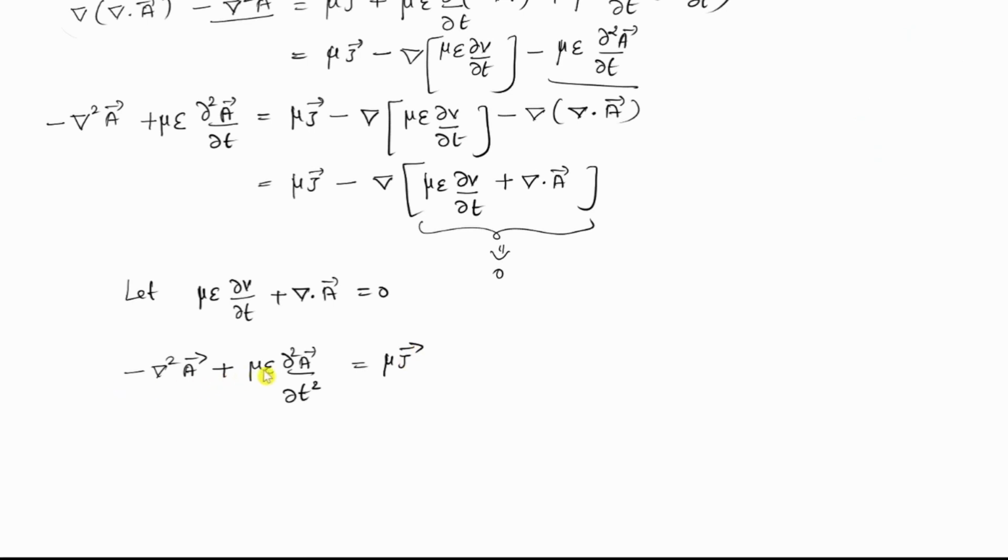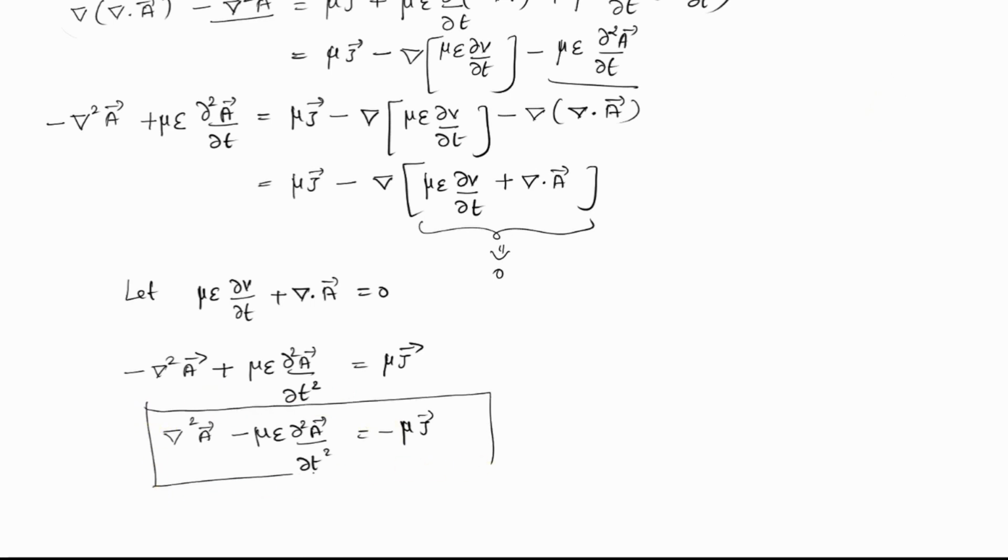We can take negative common and bring it to the right side. So finally del square A vector minus mu epsilon dou square A by dou T square is equal to minus mu J vector. So this equation is known as